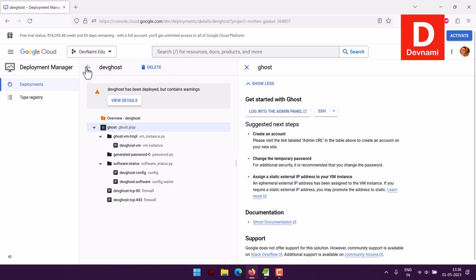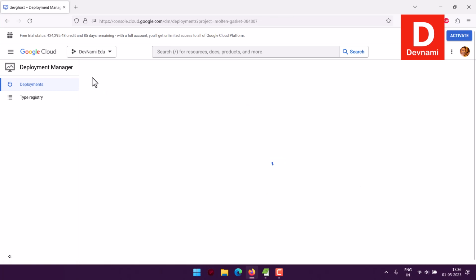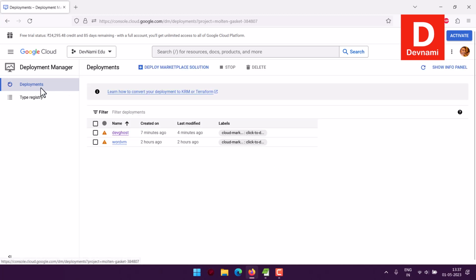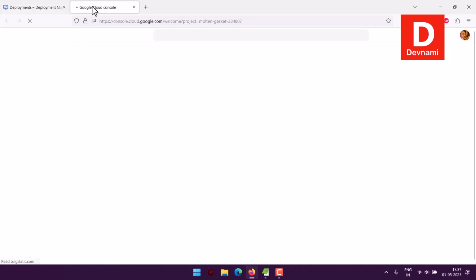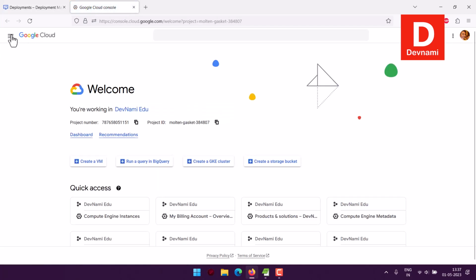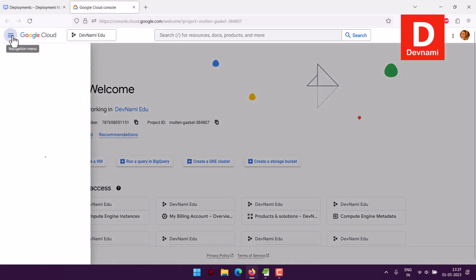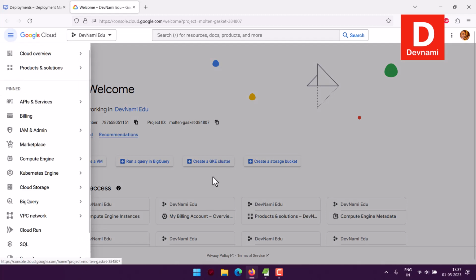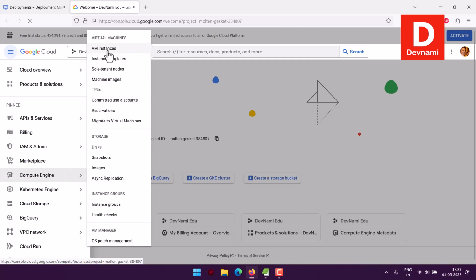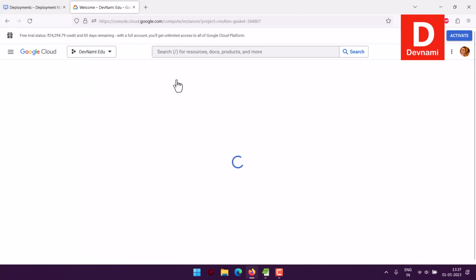Now we can also take a look at its instance on cloud. Currently it shows the deployment. As you can see, these two are the deployment. Now what I can do is I can open Google Cloud Compute Engine and I will be able to access VM instance. So go through menu, right, and there we will take a look at pinned items through Compute Engine and then VM instance, right. And once you access all of that, then you are good to go,